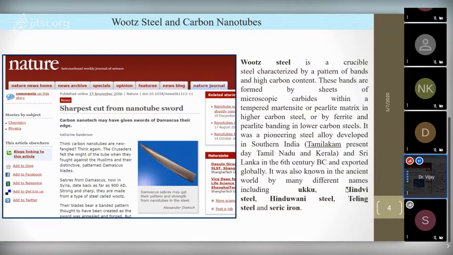So I'm happy to give this slide and talk about this because my PhD was about carbon nanotubes. I was working with carbon nanotube phase transformation from carbon black amorphous nanoparticles to make it graphitized. So it's personally connected to me through my PhD research, personally connected to our historical roots, and personally connected to our Coimbatore region. So that's why I want to show this slide, wootz steel and carbon nanotubes. So with this, I will move on to the topic.